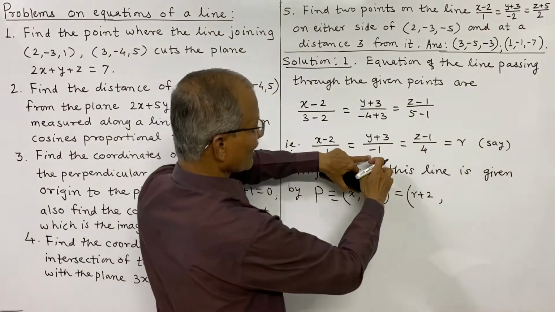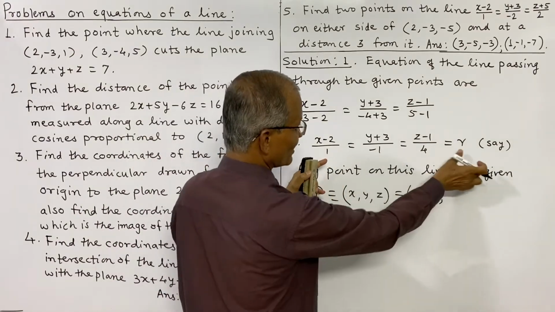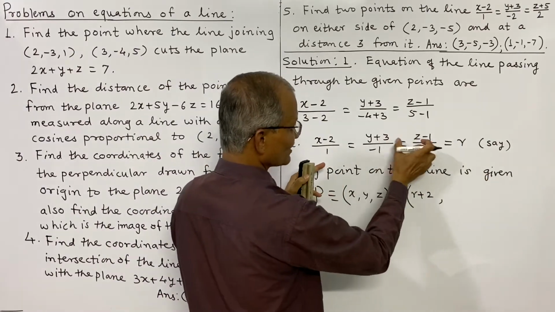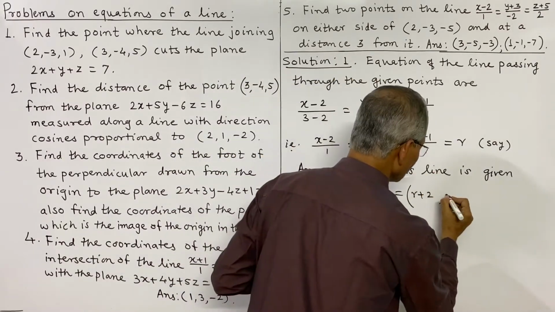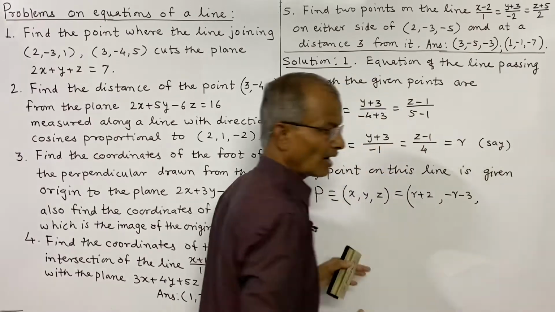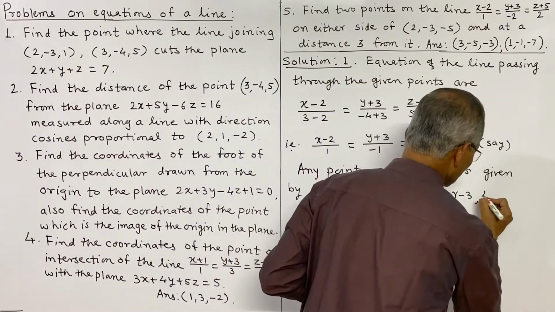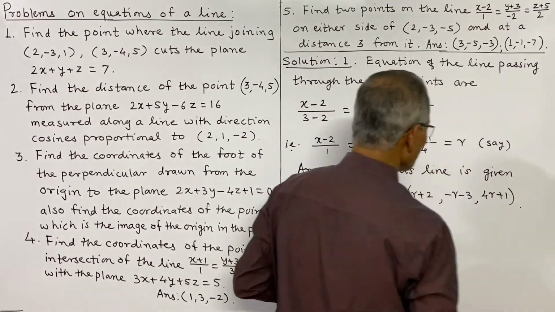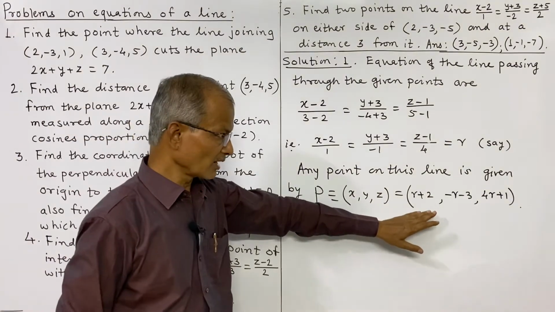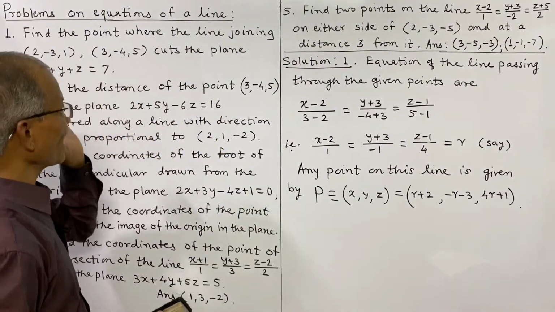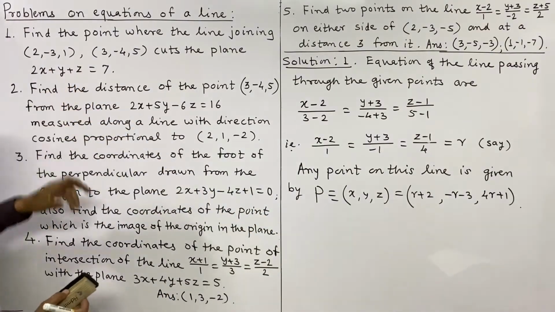Now equate the second ratio with r, and cross multiply: minus 1 into r, that is minus r. y plus 3 is minus r, and therefore y will be minus r minus 3. And what about z? This will be 4r plus 1. You can verify this. So any point on this line is given by these coordinates of P, and we want to find the point on this plane. So if this point lies on this plane,